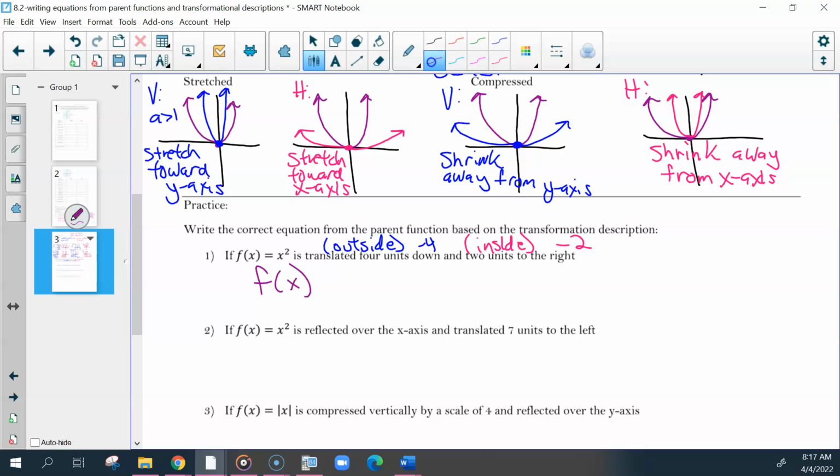So f of x equals, anything on the inside is going to be inside parentheses. So x, we have -2. The square would be outside of these parentheses. And then -1. Do we have any questions on how we set that up or found that answer? We're going to be working through the other 3 tomorrow, and then you'll also have time